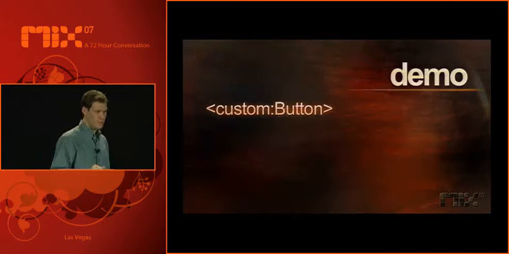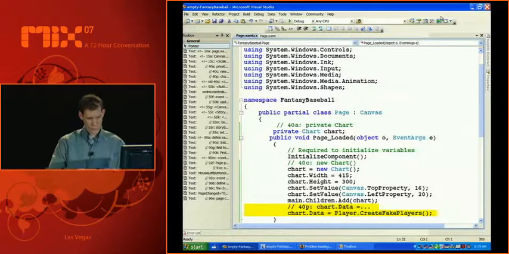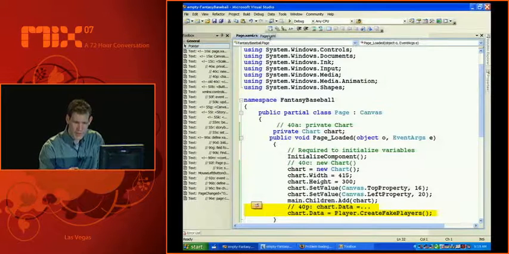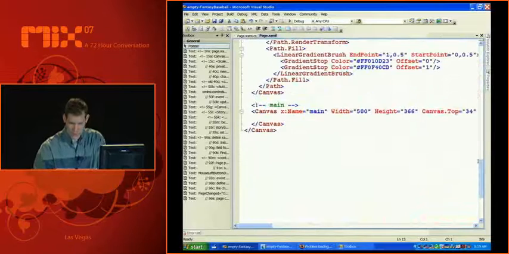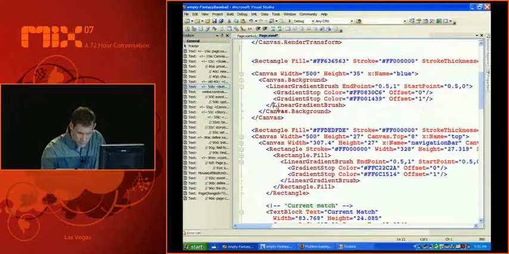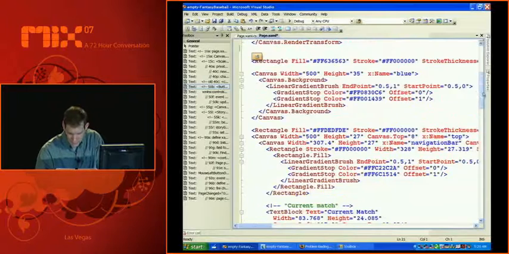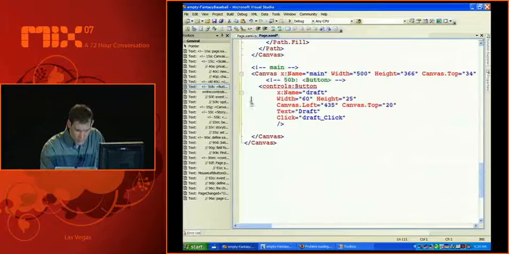Let's show an example of this. We wanted to do the draft player button. So let's go back to our XAML for this page. Let's go down to the bottom of the page. Seems like a good place to put some stuff. And we'll do it this way. Let's not do it that way, I guess. Let's not drag it there, though. So we're going to put in a little button